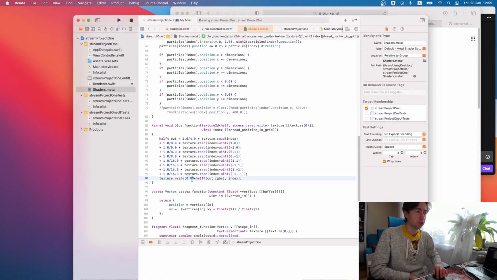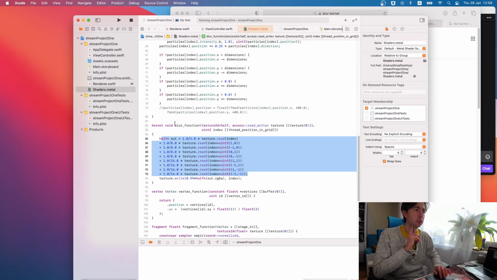Also, this thing should be parameterized, and one thing I want to do, maybe because I cannot use a standard library blur kernel, is to define non-uniform blur kernels here.